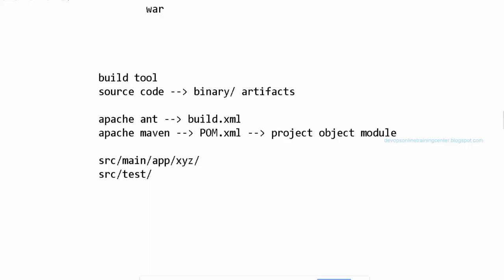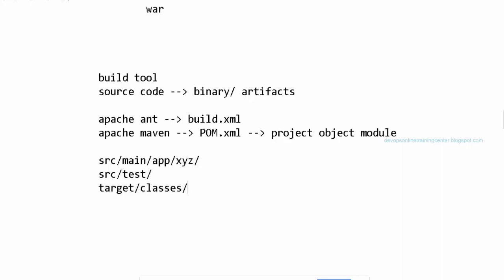I need to have the proper directory structure. I need to tell where my source code is, and I want to download my binaries to a particular path. Generally src main app xyz, src test, and I want my binaries in target classes.